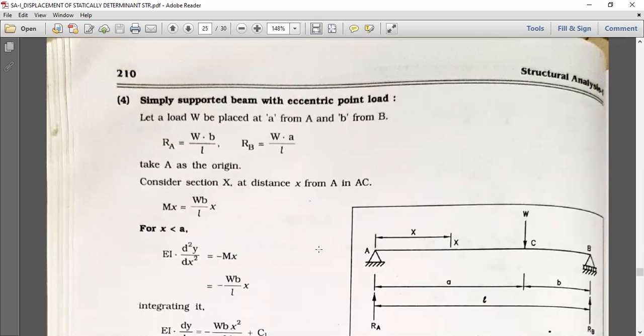Now, simply supported beam with eccentric point load. Let a load W be placed at distance A from A and B from B. RA is equal to W into B divided by L. RB is equal to W into A divided by L. As we know from mechanics of solid,